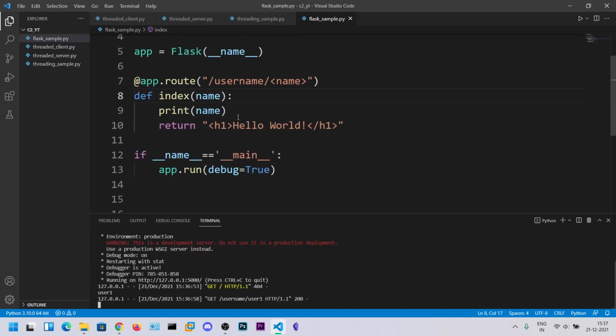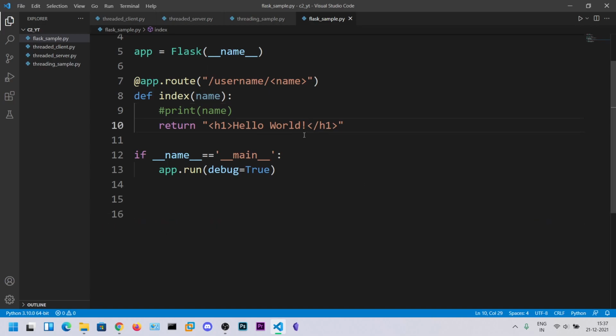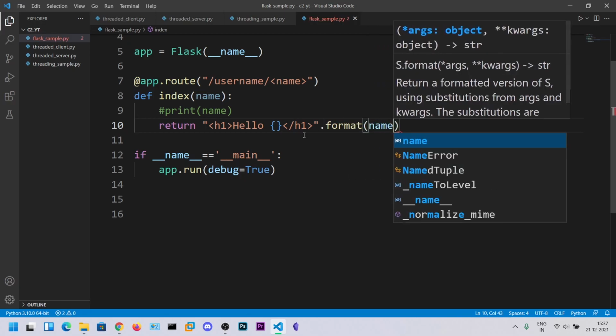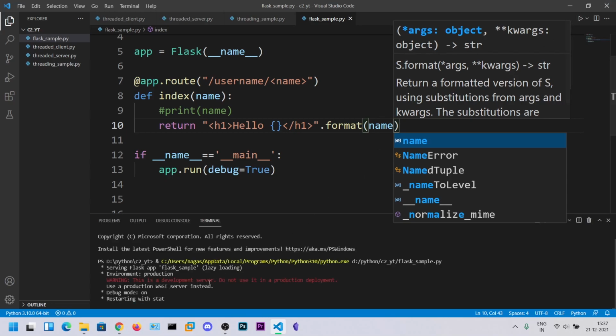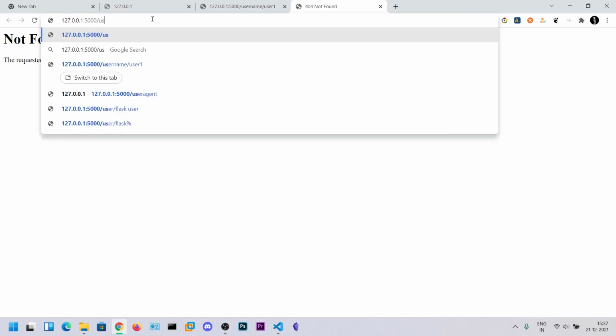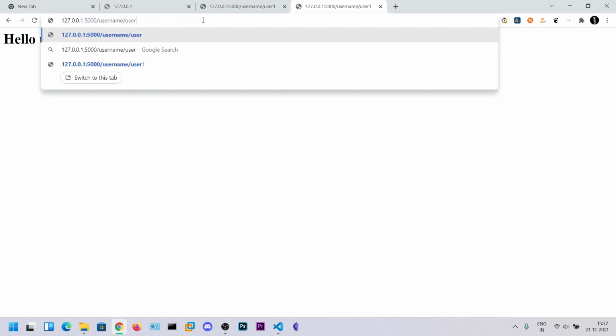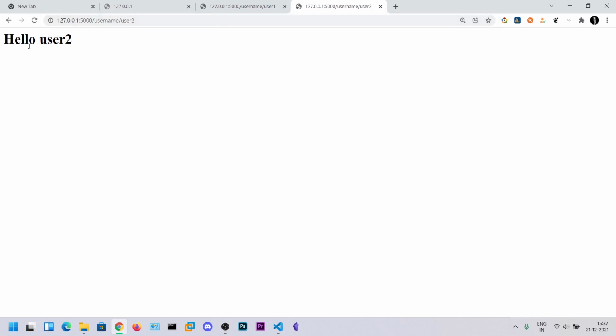Now you can comment this one out and say hello, dot format of name, so that name will be placed here. Let's run this one. When I go to /username/user1, it says hello user1, and if I go to user2, it says hello user2.